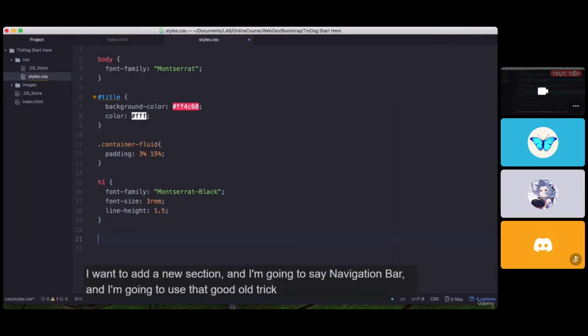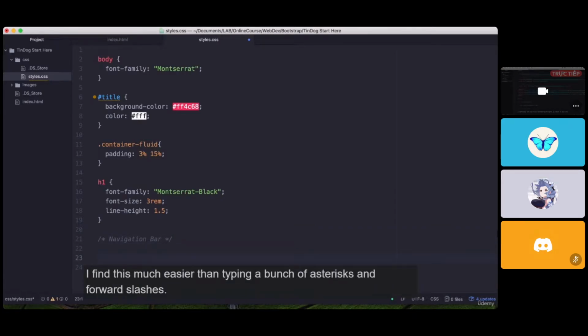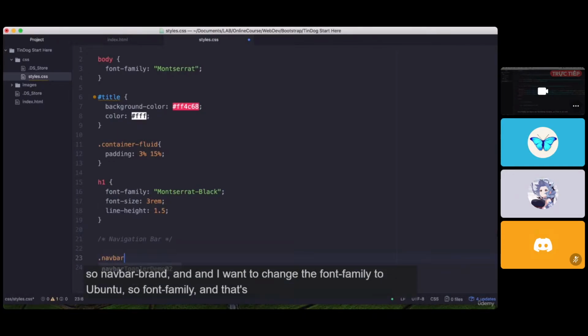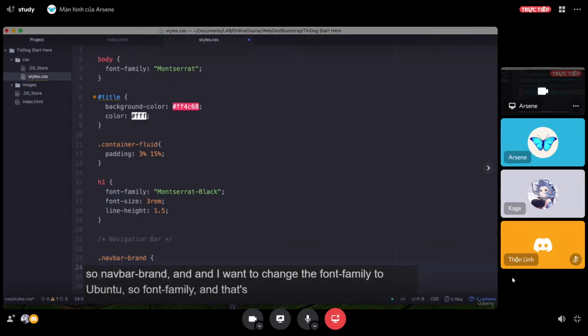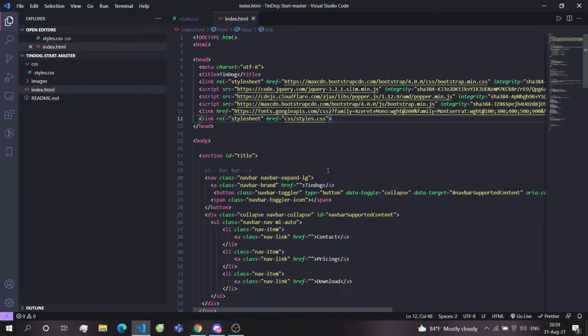Now, before I do that, I want to add a new section, and I'm going to say navigation bar, and I'm going to use that good old trick of highlighting it and Command + / to style it as a comment. I find this much easier than typing a bunch of asterisks and slashes. Now here we're going to first target our nav brand. So .navbar-brand, and I want to change the font family to Ubuntu. So font-family, and that's going to be Ubuntu. Now let's hit save and refresh, and you can see that